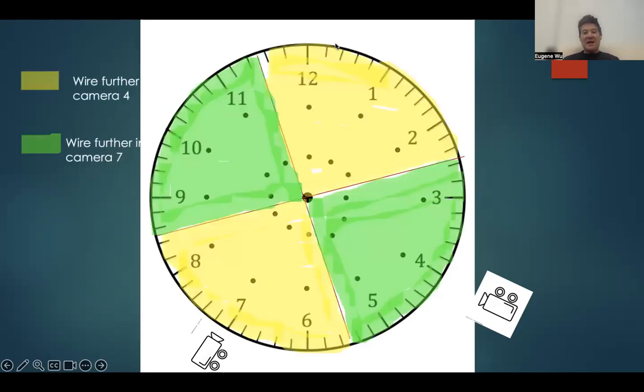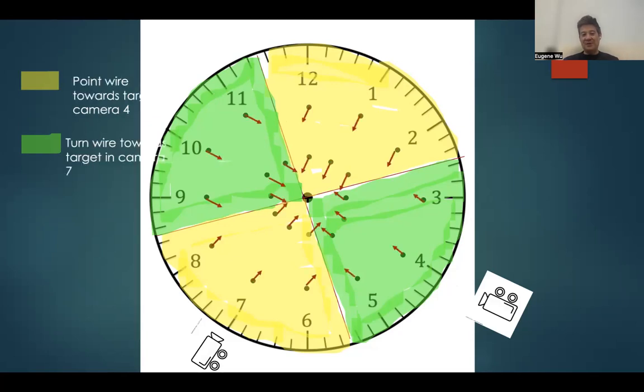This means that any area that's painted in yellow is further in camera 4 than camera 7. So camera 4 will be far view, camera 7 will be near view. And anything in green, the wire position, is further in camera 7 than camera 4. Camera 7 will be far view, camera 4 will be near view. When we turn the wire tip towards the center, towards the target, in the far view camera, this is what